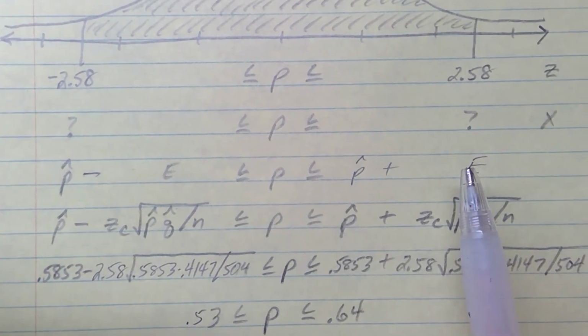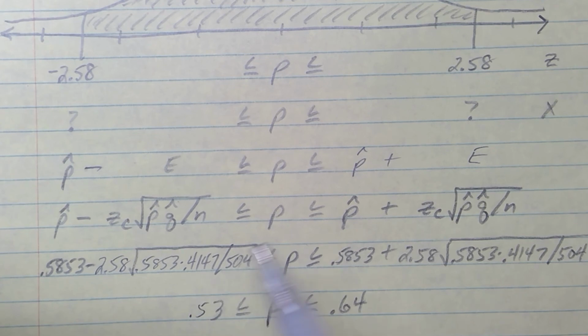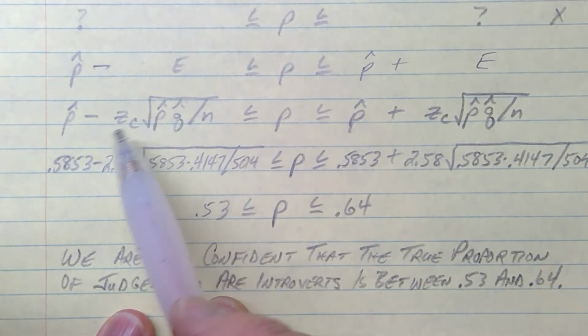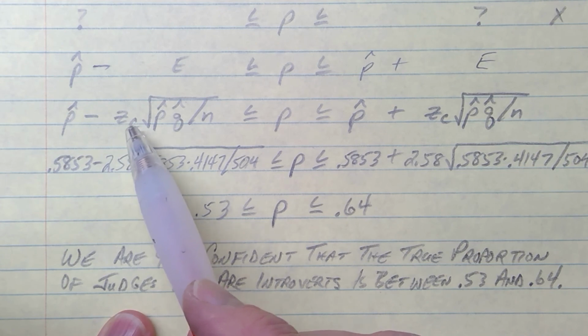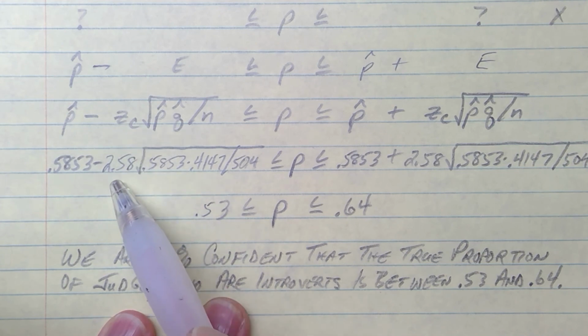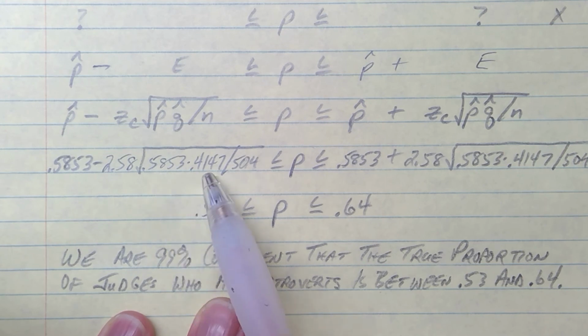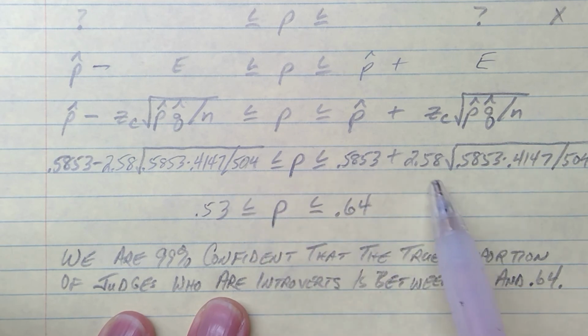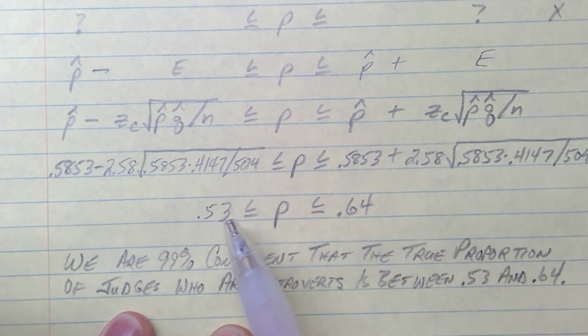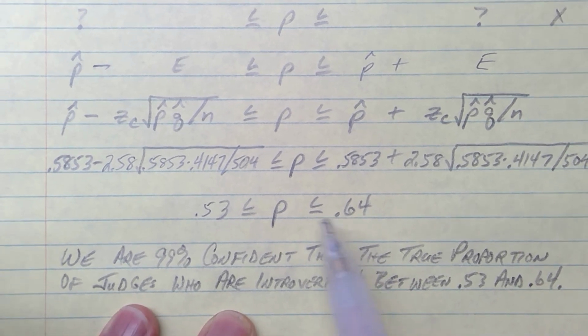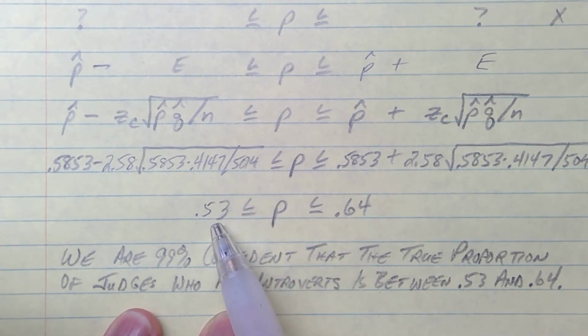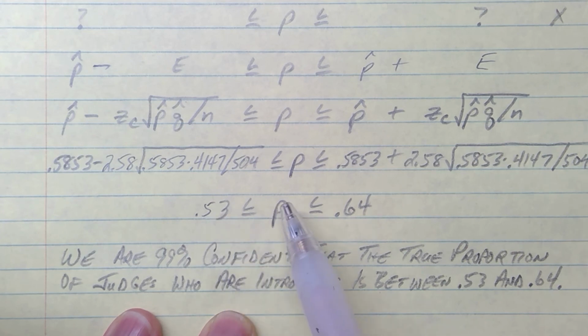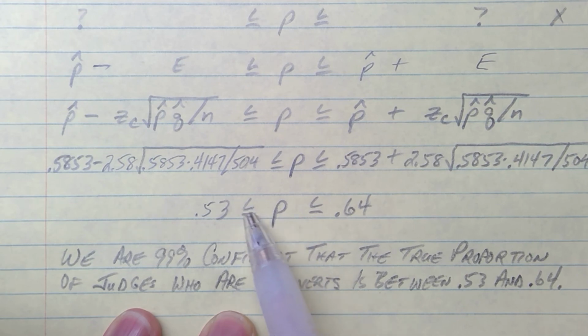All right, using our formula here, let's just go ahead and go down to the numbers. p-hat, 0.5853, minus the z that fences in your area, 2.58. There's p-hat again, there's q-hat, you're multiplying, and then you divide by how many in your sample. Same thing over here except plus. You got 0.53 and 0.64. All right, if we're talking proportions, we should probably speak fraction. We're saying 53 out of 100. So the true fraction or proportion of judges who are introverts is somewhere between 53 out of 100 and 64